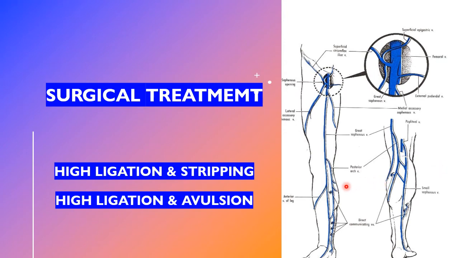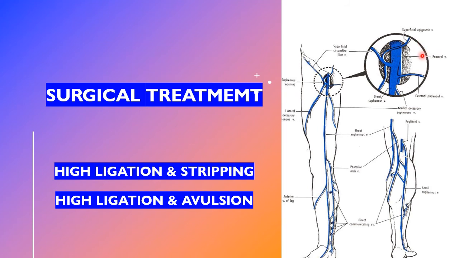Okay, now I'll briefly tell you what high ligation and stripping is all about. This is the leg of the patient, showing you the superficial venous system and the SF junction here. So make an incision in the groin to expose the saphenofemoral junction as shown here and identify the tributaries of